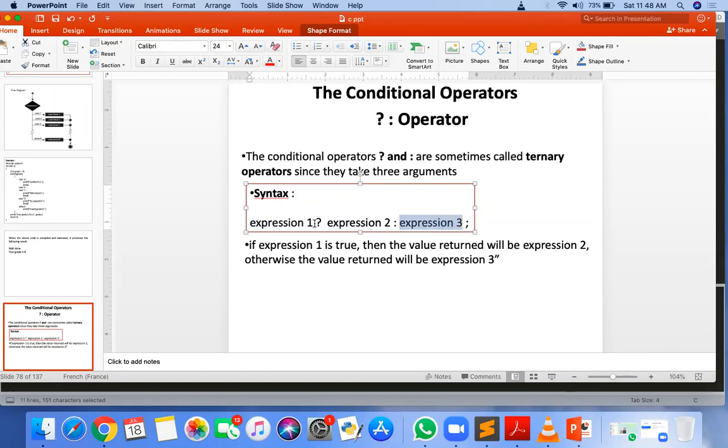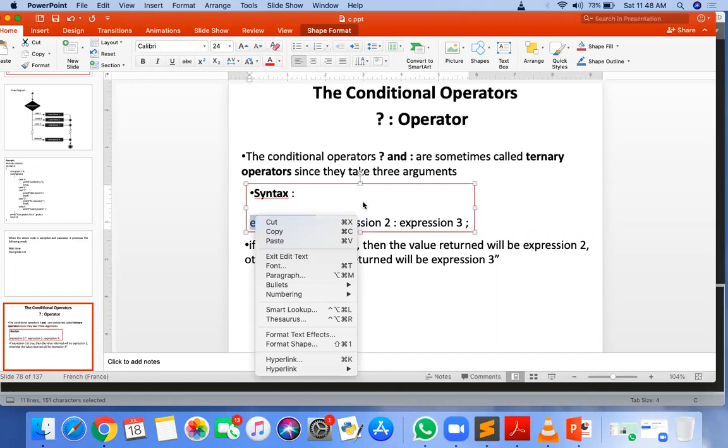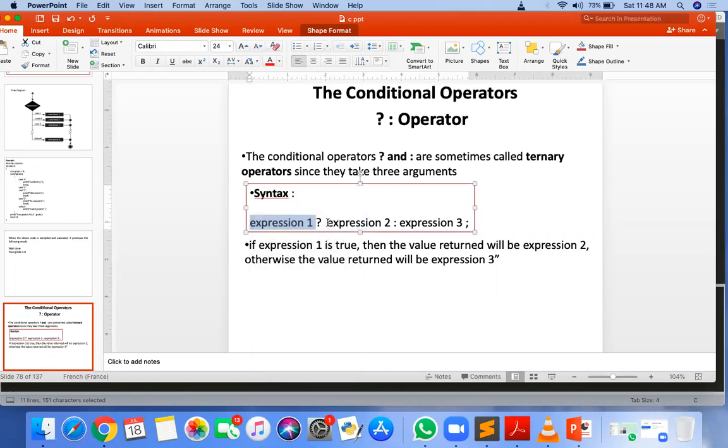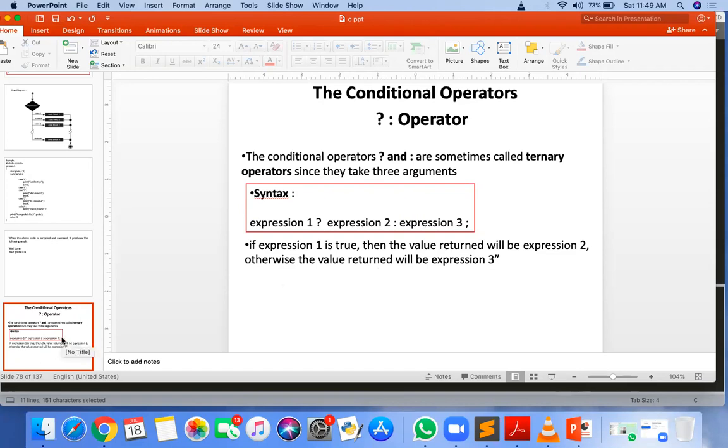So if expression 1 is true, giving a true or non-zero value, then it will execute expression 2. If expression 1 has the result 0 or false, then it will execute expression 3. So if expression 1 is true, the value will be expression 2. Otherwise, the value will be expression 3.